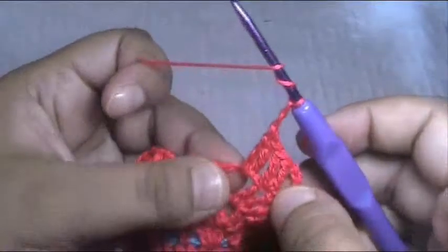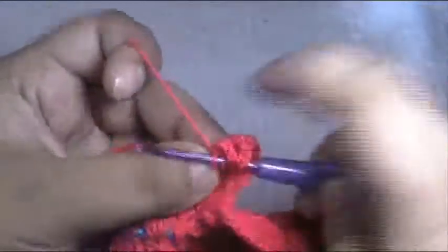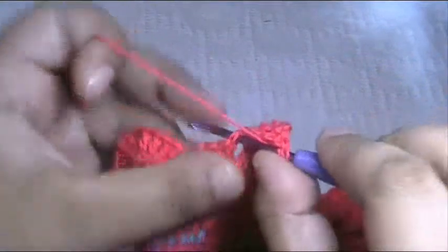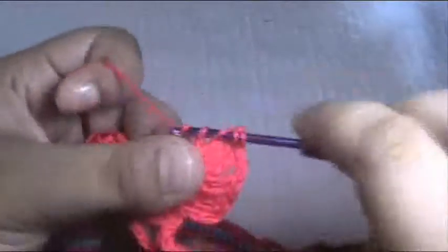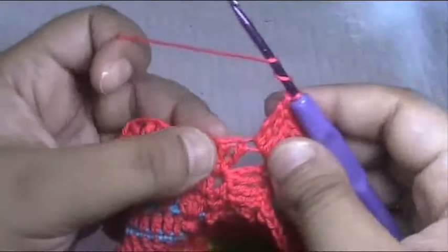chain 2, 1, 2, yarn over twice again and go inside the same space and make 1 treble and 2. Then yarn over twice and go to the stitch after the space and make 2 trebles inside it, 1 and 2. Then go to the next stitch and make only 1 treble,